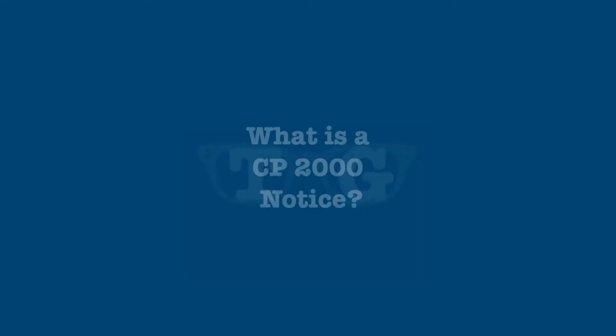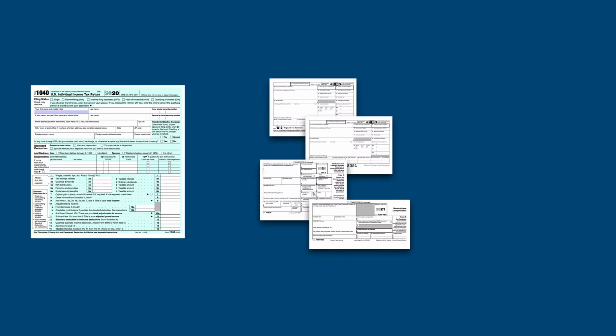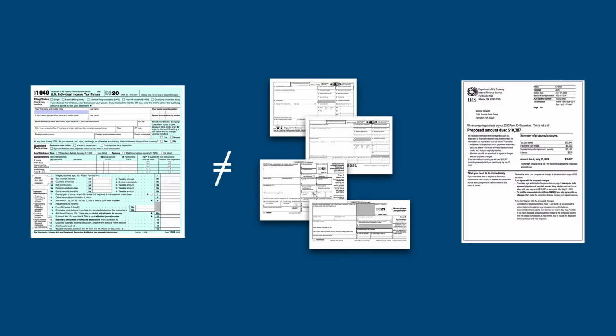In this video, we learned all about the most common type of IRS letter, the CP2000 Notice. IRS computers compare what is reported on every return filed to the documentation it has received on that taxpayer. If there are discrepancies between the two that will result in a significant amount of additional tax, a CP2000 notice will be generated and sent to the taxpayer.